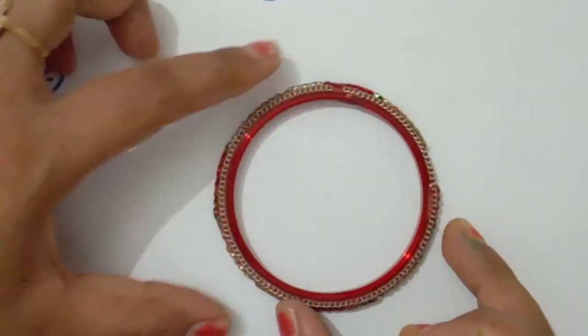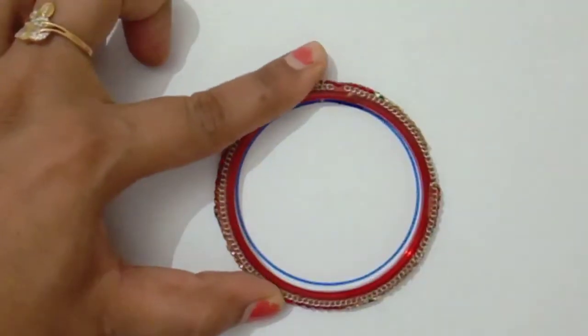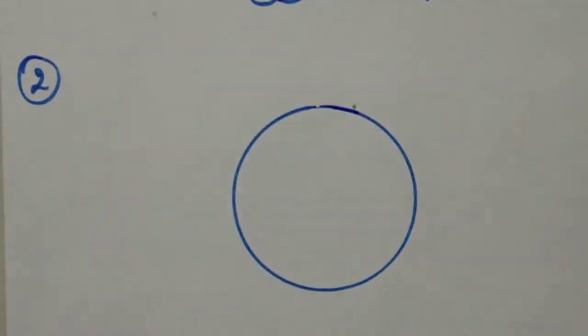Students, in this question, if you do not have a center of the circle, then how can you draw a circle? Because you can't take any circle, you can't draw that circle with the help of a compass. So students, you have to take a bangle like this and draw a circle like this. Without a center, we will draw a circle. Now the question is, we have to find the center.